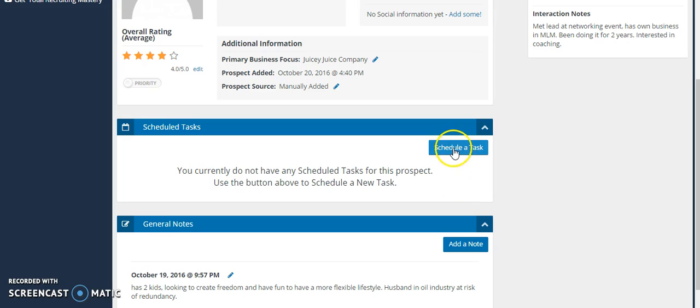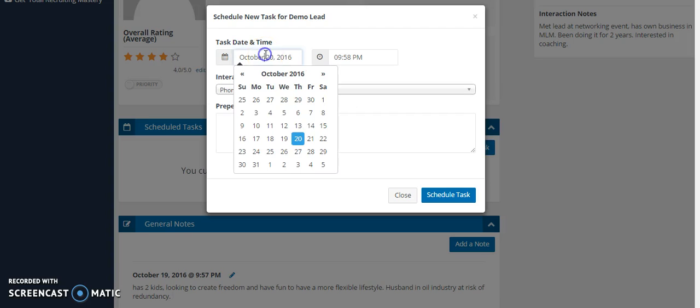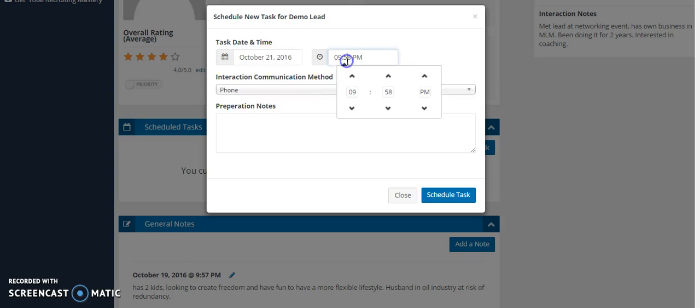And this is the creme de la creme. You can actually schedule a task. So this is where people get a bit lost. How do they follow up when they know they've got to speak to this person? So you have chatted with this person, you would want to follow up within a couple of days. So I'm going to put for tomorrow, and we'll put it as a 9 a.m. Let's call it